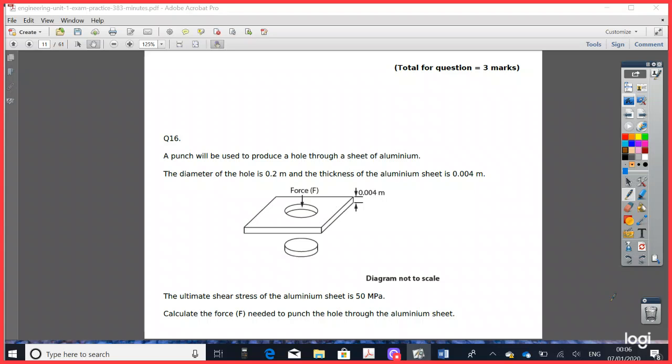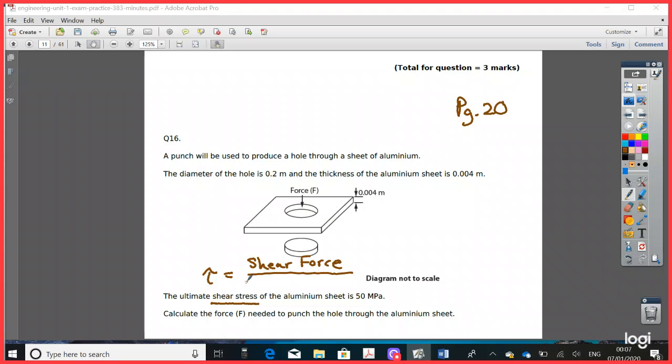Okay, so let's recognize which topic this question 16 is relevant to. I can see here ultimate stress as shear stress. So this is all about shear stress or shear loading, and that gives you a reference: page 20 of the revision guide. Because I identified the keyword shear stress, and if you look at the formula sheet, it is represented by tau, and that is equal to the shear force over